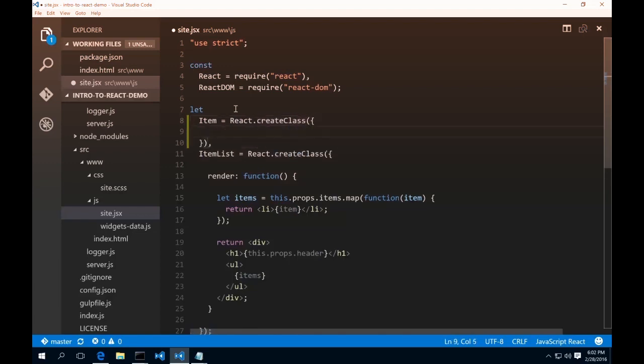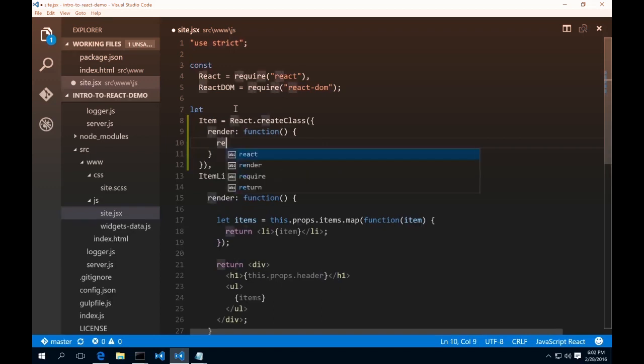Put a comma there, and then we're going to put a render function on here. This will be a really simple render function. We're basically just going to say return li. But this time on our props, we're going to say this.props.children. Instead of explicitly passing in the content as a property, we're going to pass it in as the actual content of this item. So we'll say li